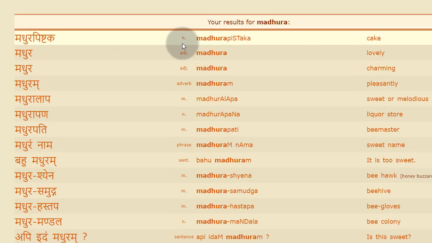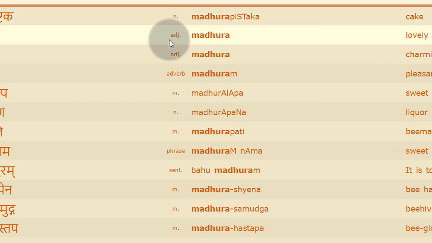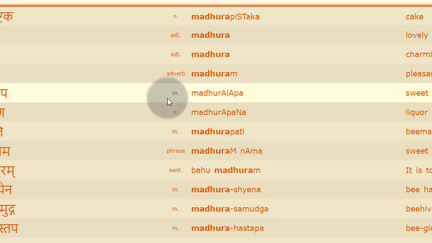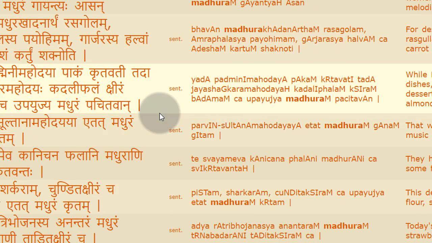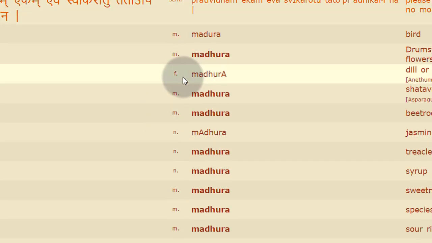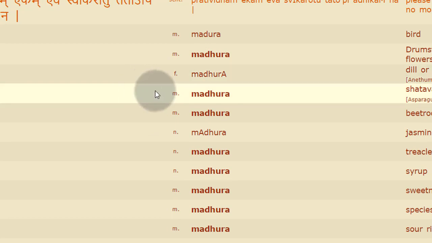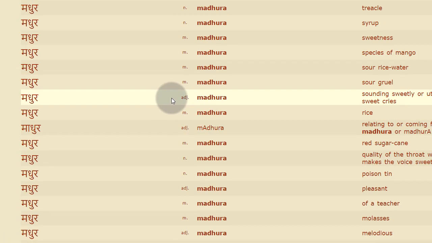In the second column you can see N means neuter gender, ADJ means adjective, adverb, male gender, female gender, like that, and some example sentences are available. Somewhere F means female, Madhura, like that. So you can use the appropriate meaning with respect to the context we are studying.